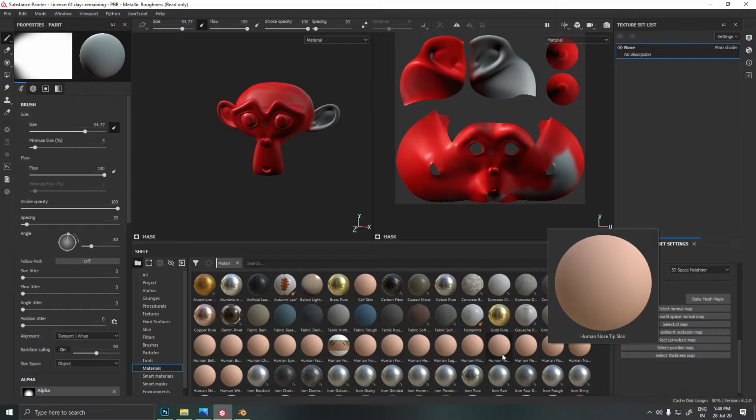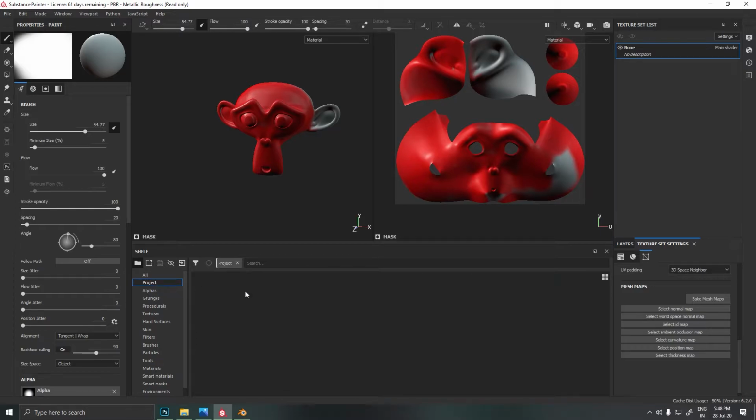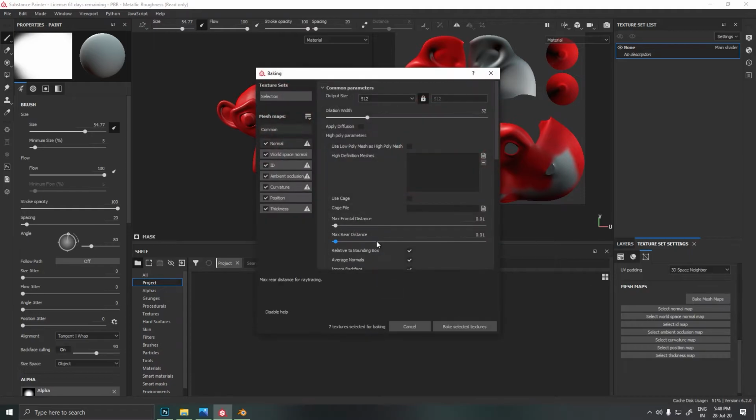Please note, if you already have the textures baked, you just have to import them with your project and you will see them in Projects. I don't have any texture already for this, so there's no texture over here. But if you have textures, they have to be imported at the time when you are creating a file. So just go to Project and you'll see different maps. You just have to drag the maps, whatever they are. If it's normal, then you just drag the map to normal, so you don't have to bake if you have the maps. But if you don't have maps, you have to bake it.